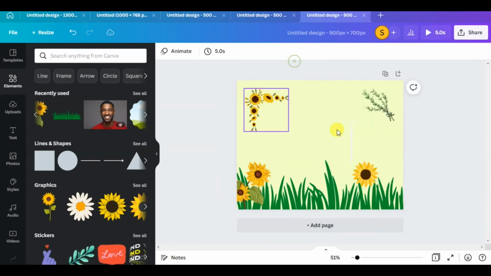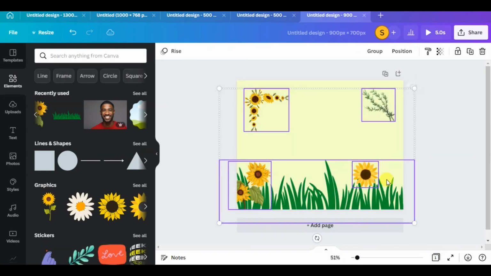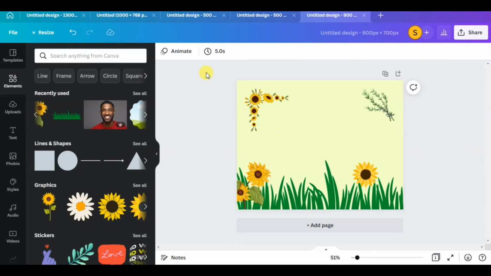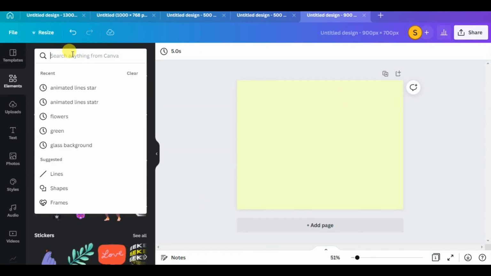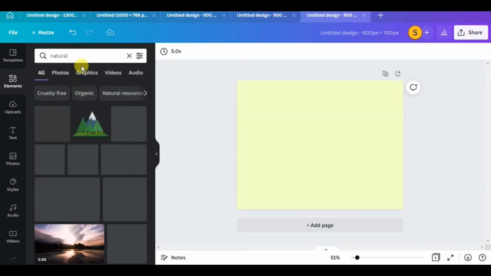Then for this, I'm just gonna use the other style of animation, which is using animate. Instead of animating the elements yourself, you're just gonna import animated elements. The trick is you're gonna remove every animation on this page, and after removing every animation on the page, you just delete it. Then you're gonna search for nature tree.